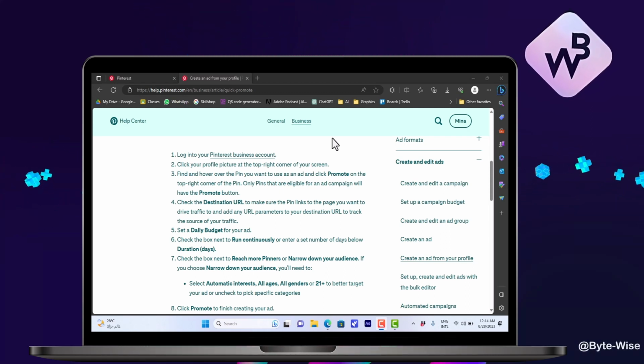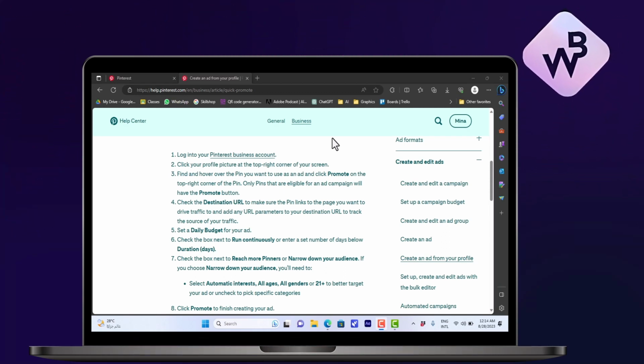First of all, you need to have a Pinterest business account. You cannot do it on your personal account. However, if you do have a business account, all you have to do is log into your business account and